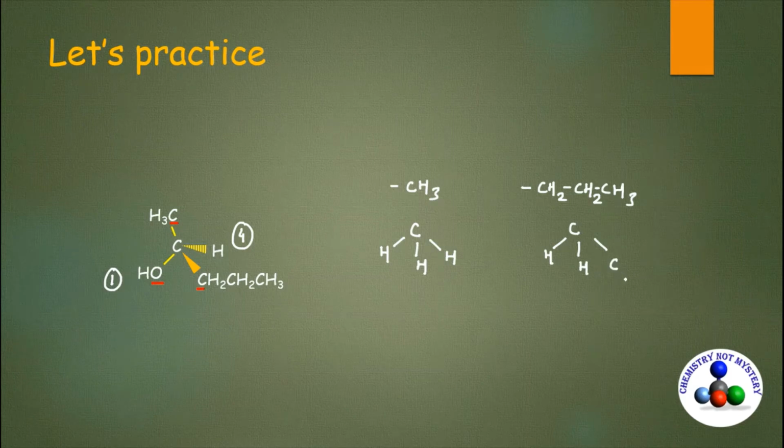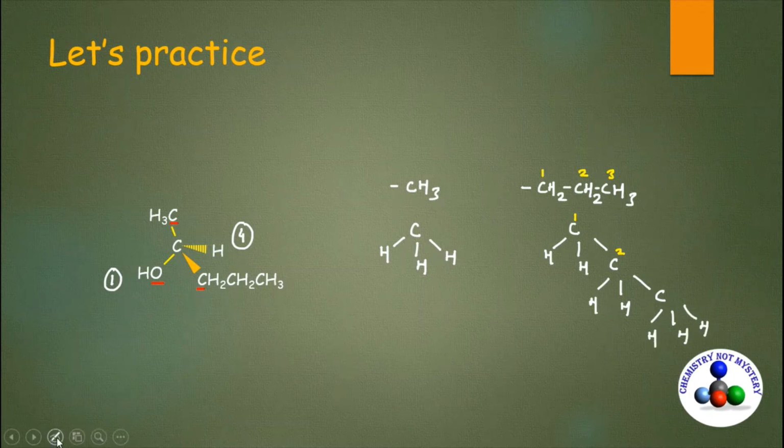The next carbon, if I number the carbons here, this is the first carbon, then second, and this is the third one. So this carbon is the first carbon. It is bonded to the second carbon, and this second carbon is again bonded with 2 hydrogens and third carbon. This third carbon is again bonded with 3 hydrogens. So now when you compare at the first level, carbon and carbon both are bonded with a carbon. So there is a tie.